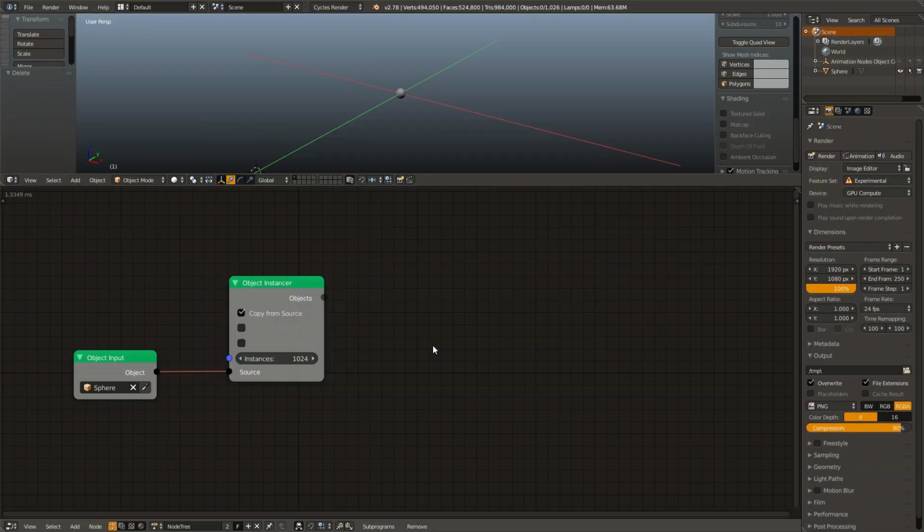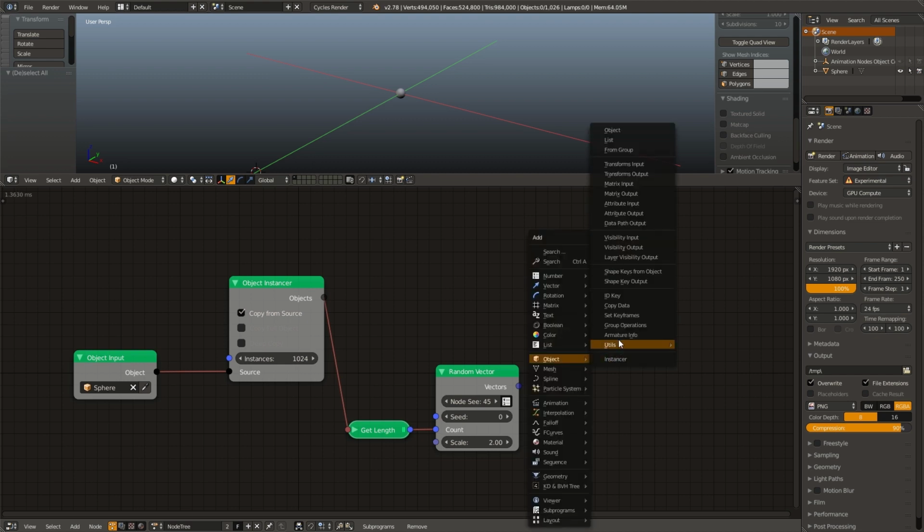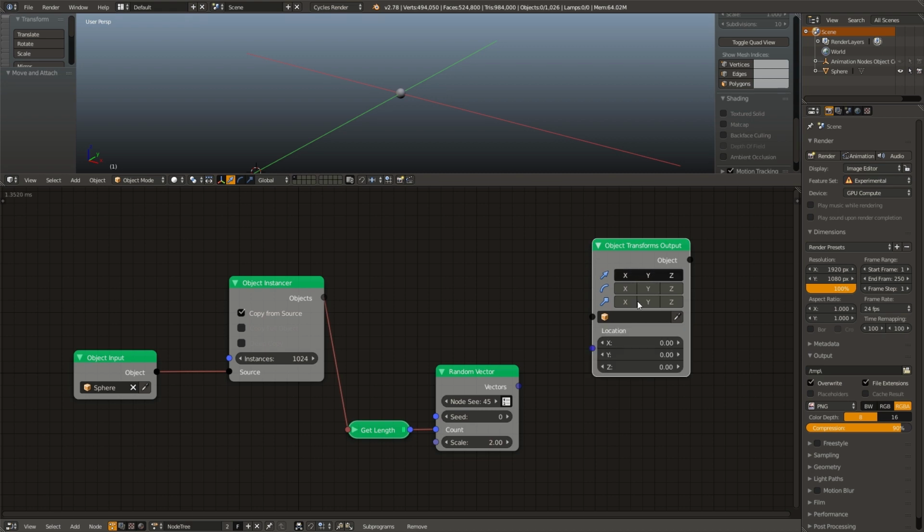It's better to see this in a quick example. Here, I have a small sphere that is instanced 1024 times. If I hit Ctrl A and add in a random vector, I can check the list output box and then plug the object list into the count to get a get length. This will now output as many random vectors as we have instanced cubes. Next, if I simply hit Shift A, object, transform output, check the X, Y, and Z, plug the object list into the object input,